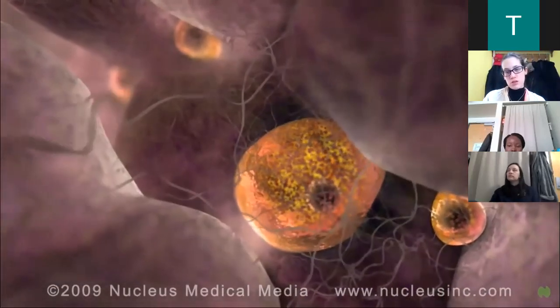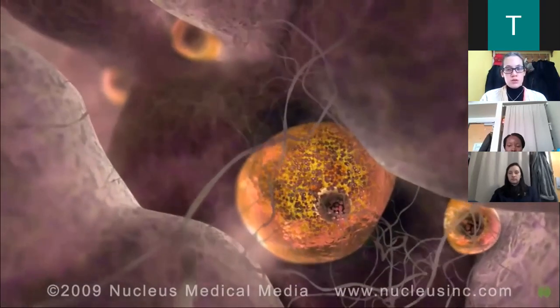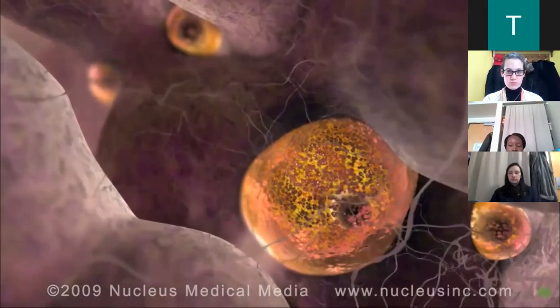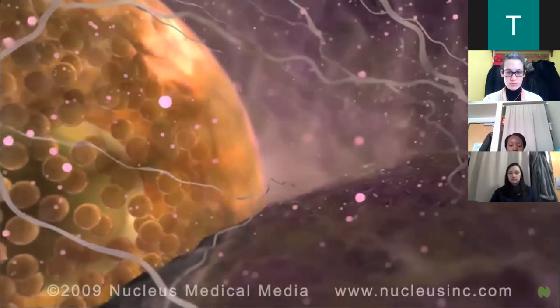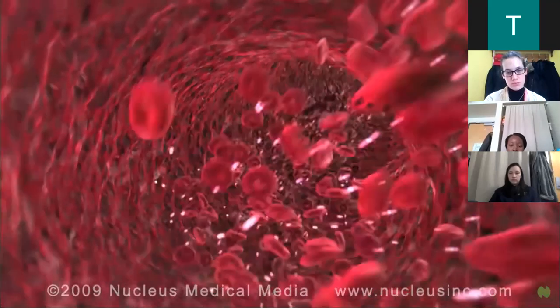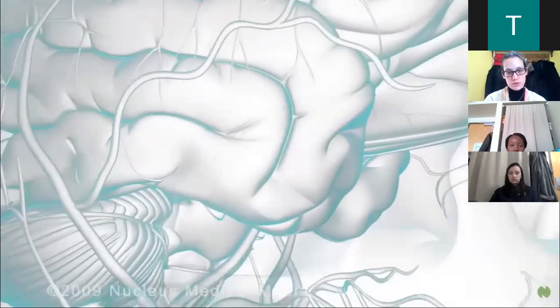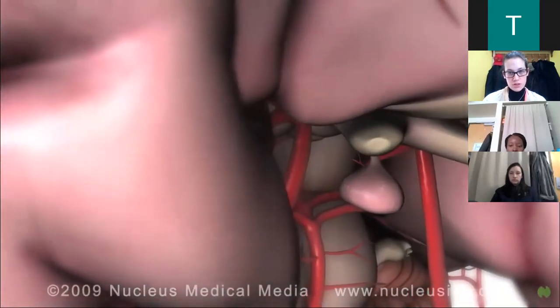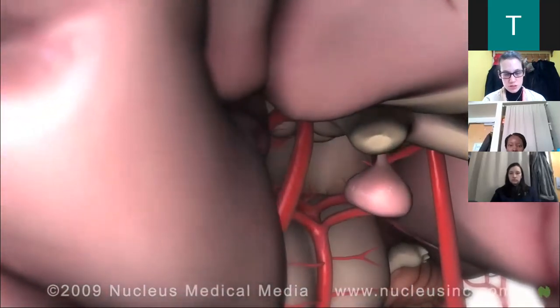This dominant follicle continues to grow and nourish the developing egg inside it. Around day 12, the follicle secretes a large amount of estrogen into the bloodstream. When the estrogen reaches the hypothalamus, the pituitary gland in the brain, the anterior pituitary gland releases a